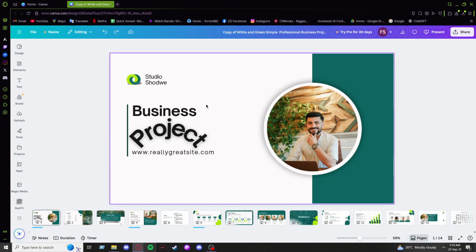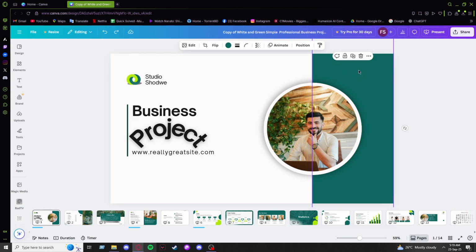Today I'll be showing you how to find color code on Canva. So the first thing you need to do is open up your Canva website. After that, just open up the project that you want to find color code for. As you can see, this background here is green, so just select it and then just click